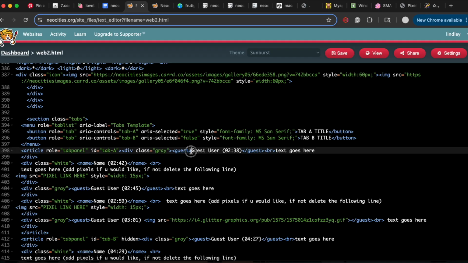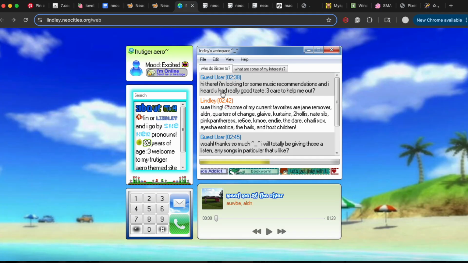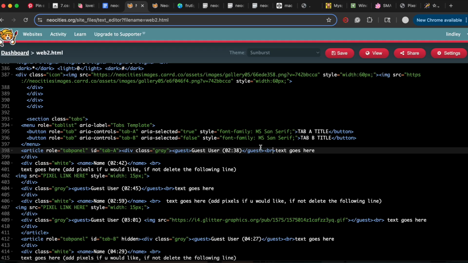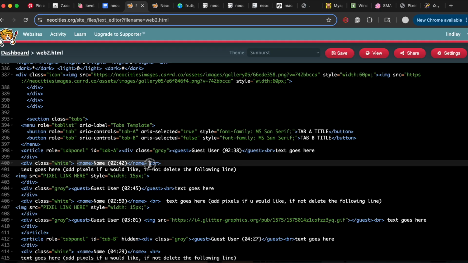But yeah, so this is like the text, like I said, where it says guest user, and then you would have whatever text you want the guest to say. This right here, since it's in between the guest bracket, is going to be the blue text. And then text goes here is everything below it in the gray section here. And then we end the div, and then we're doing white, and then we have the orange text here,